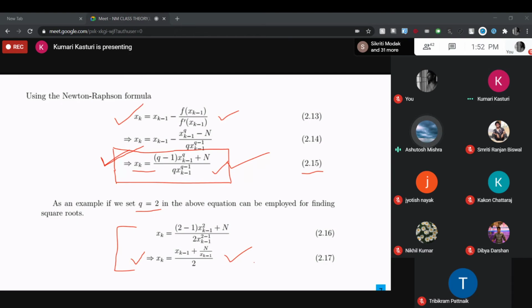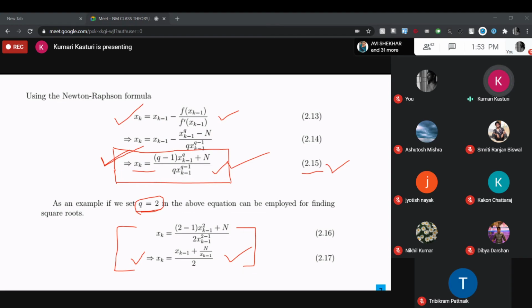You don't need to write 2.16 and 2.17. You have written 2.15, right? Yes, only this is needed. Don't worry, we don't need the other values, because in the question one example is given: if q is equal to 0, then how to find out. It is given only for you to know. No need to write, only write down this equation.